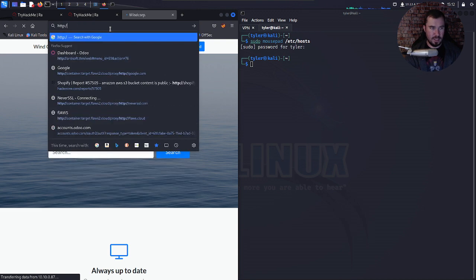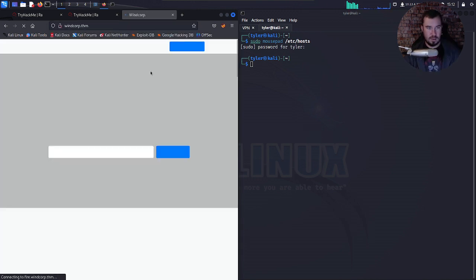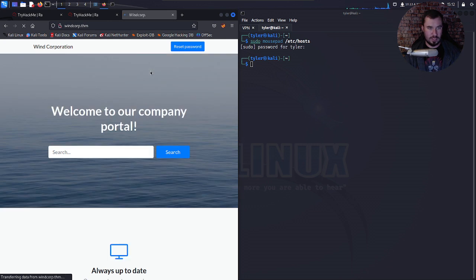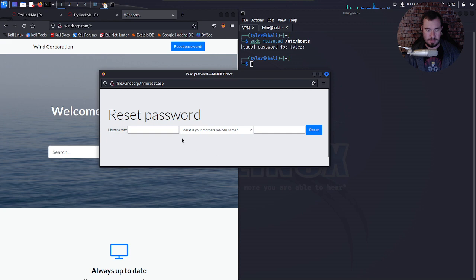So if we go to http://windcorp.thm, everything should resolve. I hope now we shouldn't have the loading, because it should be able to load the scripts, because I think it loads the password reset script from a different port if my memory serves me correctly. And you can see it finished loading, and we have this reset password functionality right here where we can type